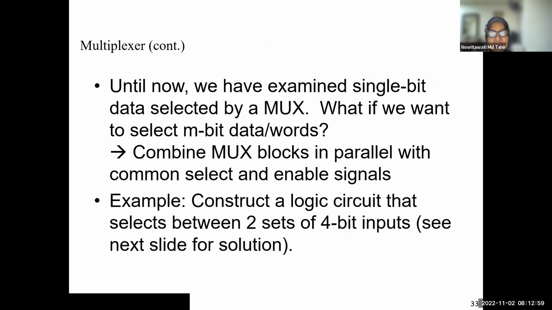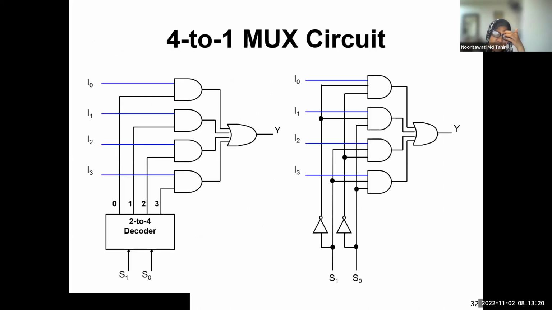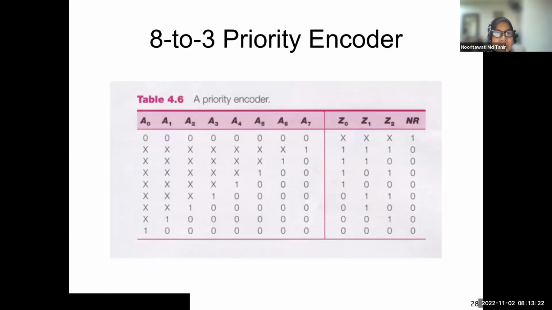By now we have understood that if it's a single bit data that is selected by the multiplexer, what if we want to select a certain number of bit data or words? In that case, we need to combine the multiplexer in blocks in parallel, ya. Dan kita commonkan select line dan enable signal dia tu. Macam kita buat untuk kita punya